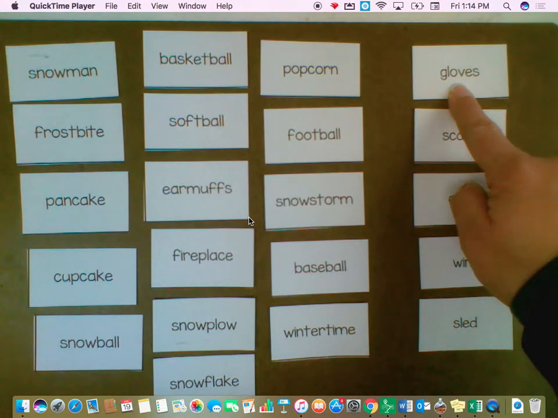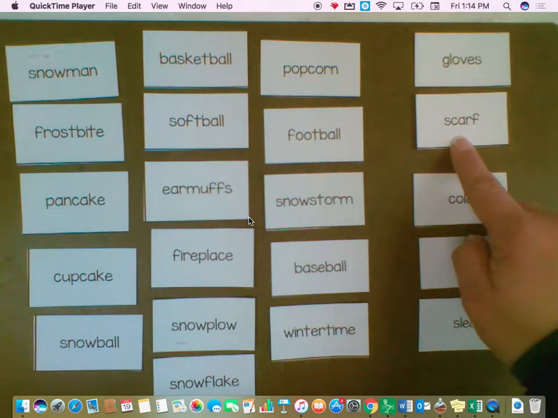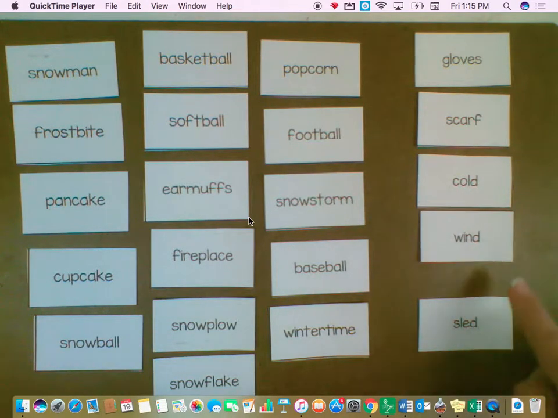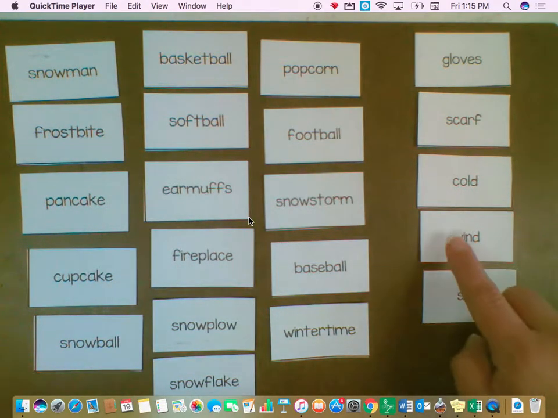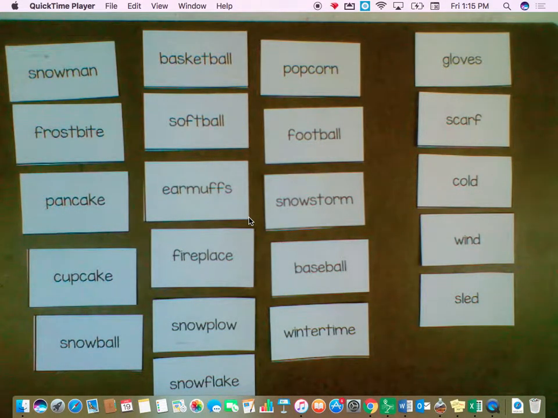Gloves, we're just going to make sure they're not. I don't see two words there. Scarf, cold, wind, sled. Now you might notice that all of these have to do with winter, but they are not